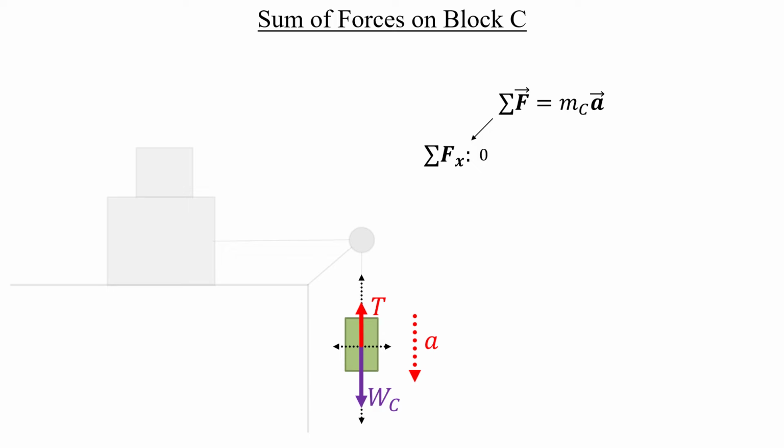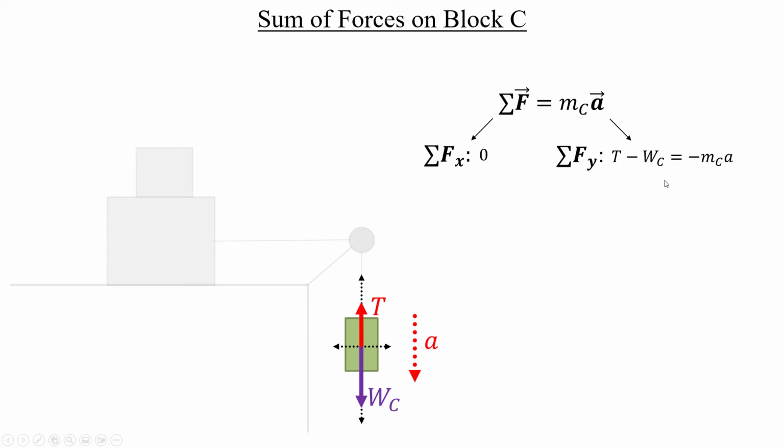So we can totally ignore that direction and go straight to the sum of forces in the y direction. So here we have the tension pointing in the plus y direction and the weight of block C pointing in the minus y, equal to minus ma,